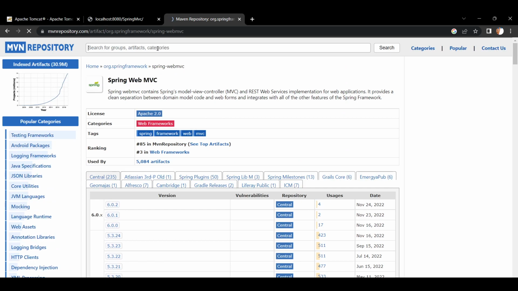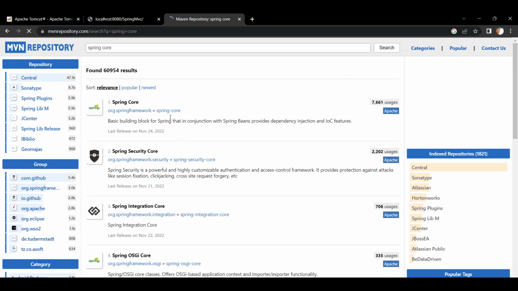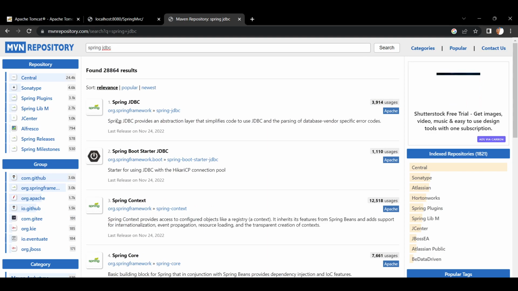Also, suppose we need Spring Core, simply search Spring Core, and here you get Spring Core. If you want Spring JDBC, Java Database Connectivity, you can get Spring Boot Starter JDBC and all those things. But first we need Spring